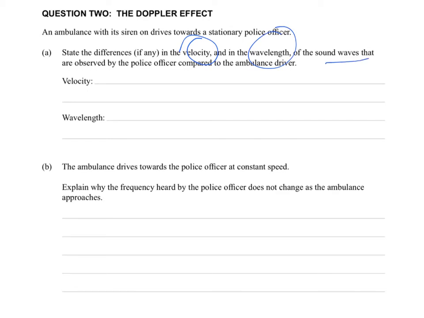So the velocity of the sound waves has to be the same, because it's fixed by the density of the air and the speed of sound in air. But the wavelength, as it's approaching the police officer, is going to be shorter